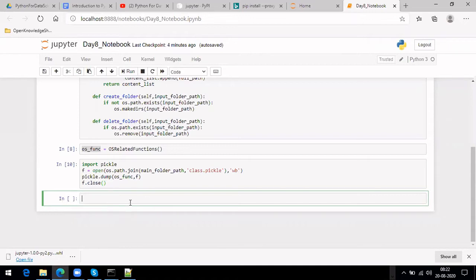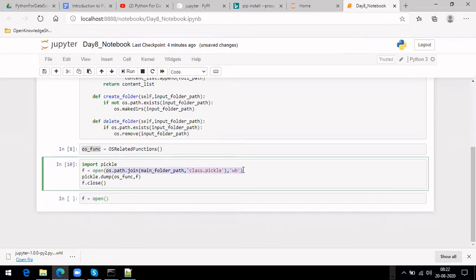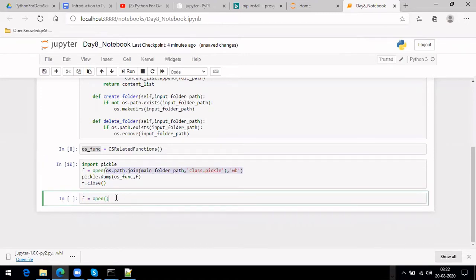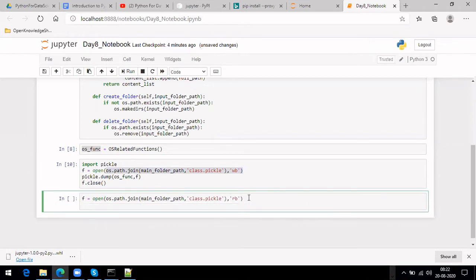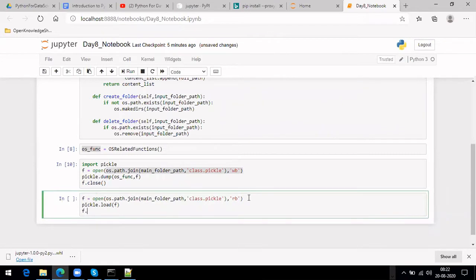The next thing is I want to use it again. f equals open; while loading, you should open it in read binary mode, rb, and then pickle.load of it, and then f.close.